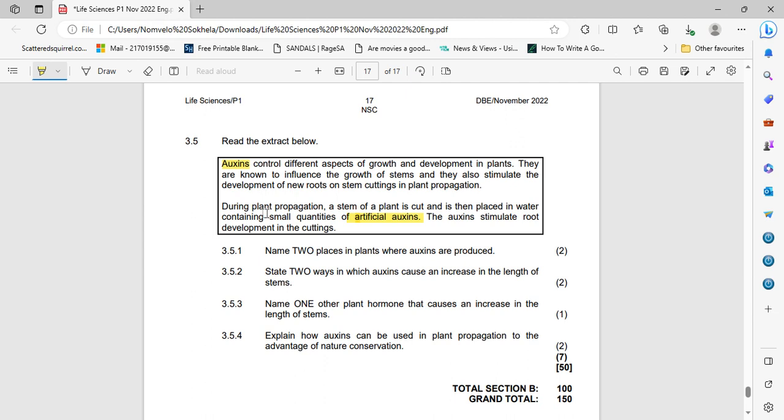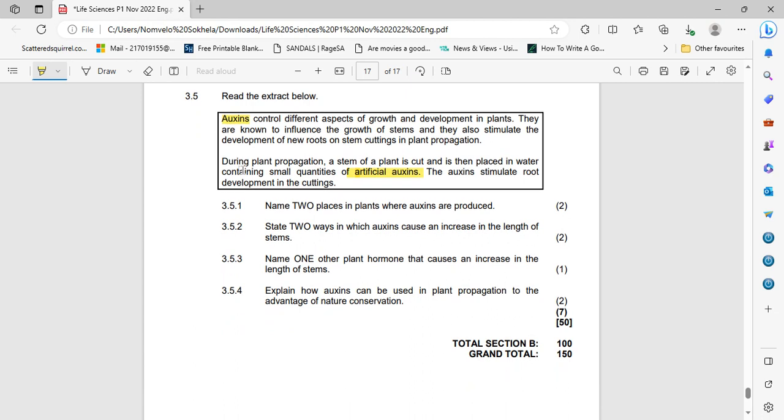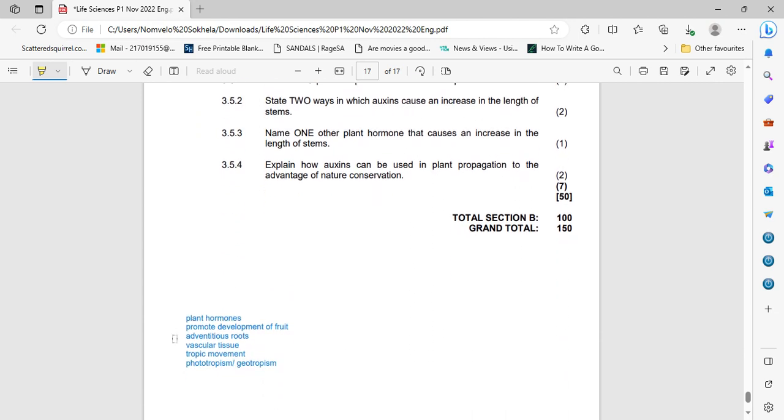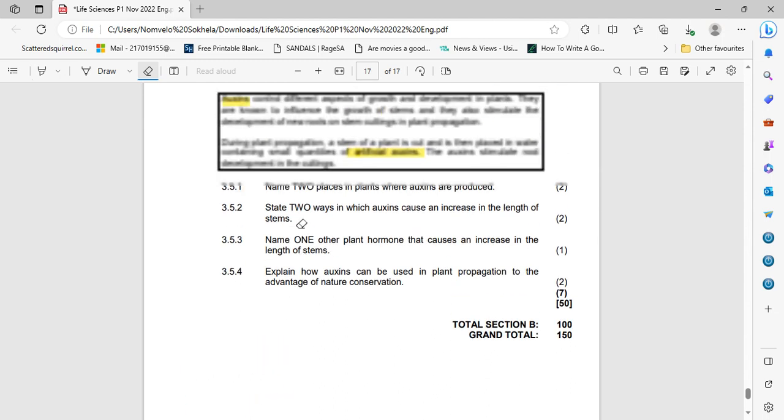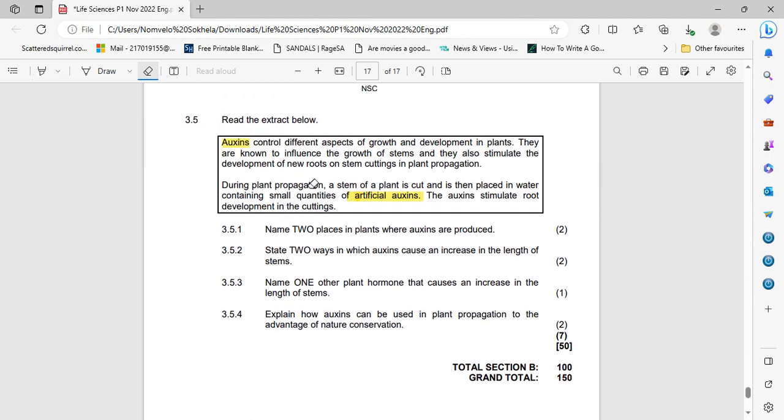Sometimes you might not know what plant propagation is, but because you know what auxins do, because you've written it down, you will rely on that information. Even if I don't know what plant propagation is, I know that whenever auxins are introduced, auxins promote growth. Okay? So then it says